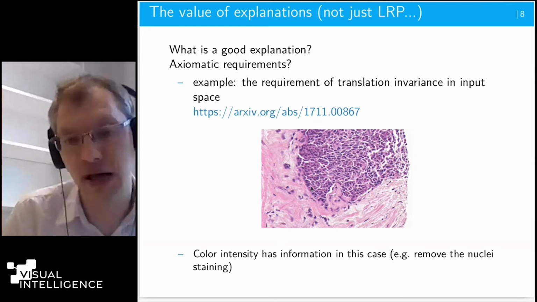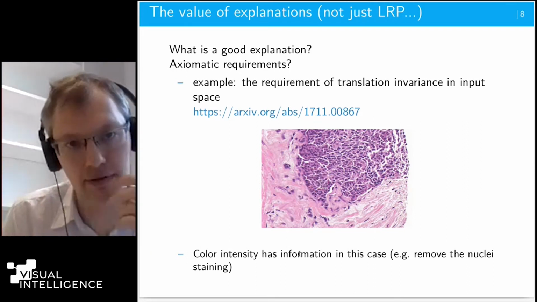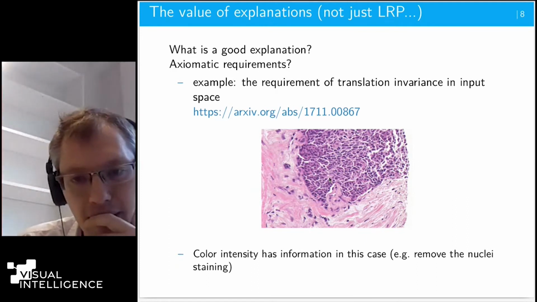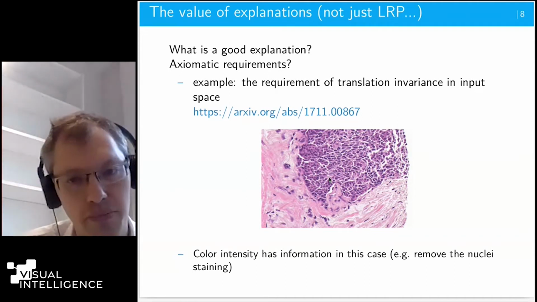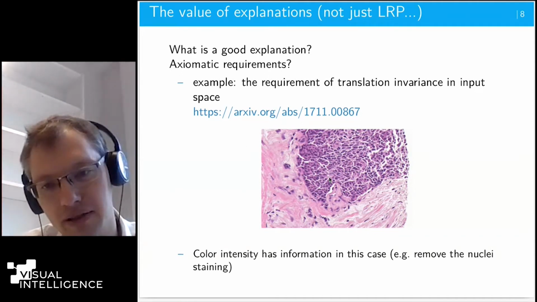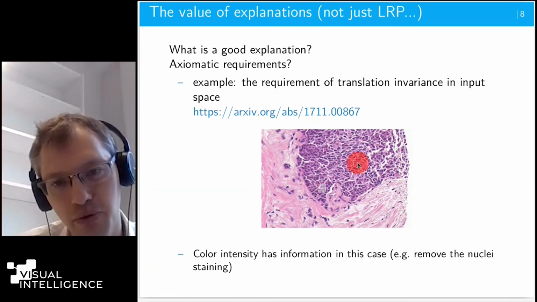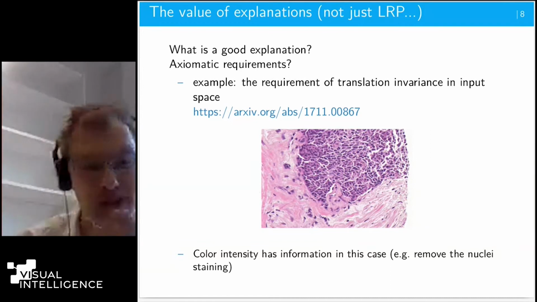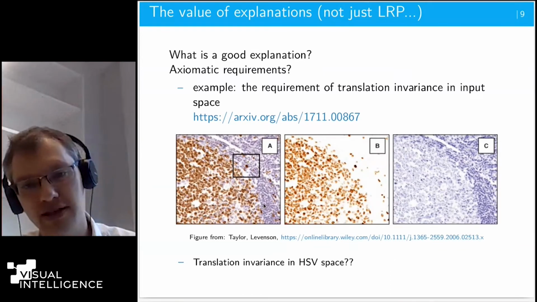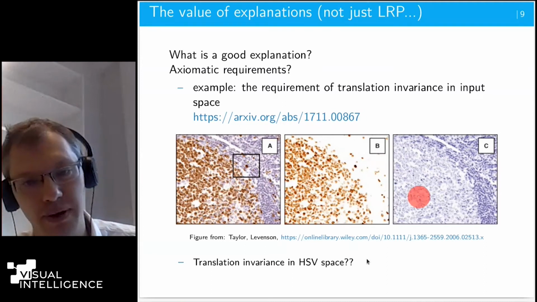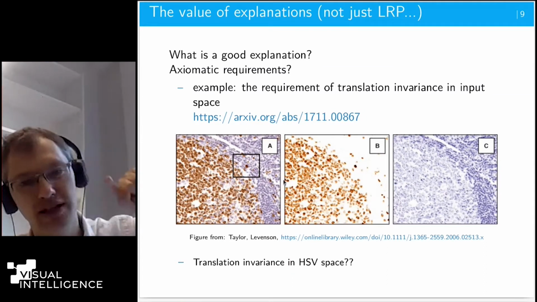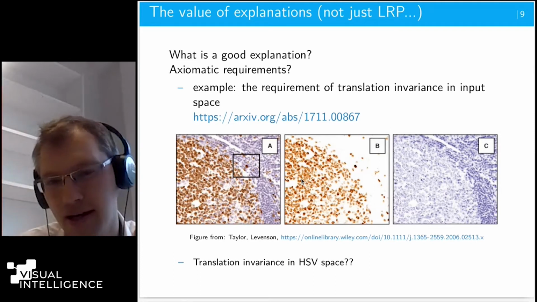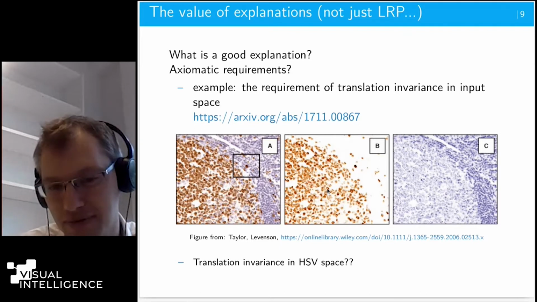For example, this is an H&E stain from my pathologist. If you do translation invariance and you don't go just for brightness, but for one color, then I would remove the stain, and I would remove information from this picture that is crucial. Or if you look at an HSV color space, where the H actually encodes the color, and I do translation there, I can switch the meaning of colors.